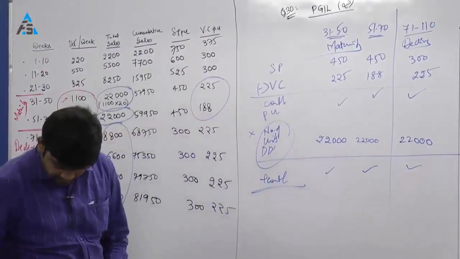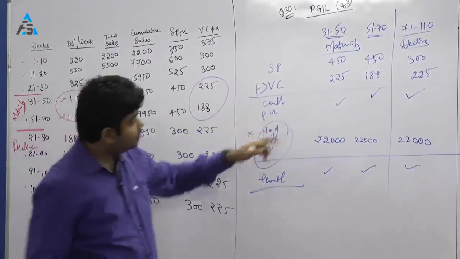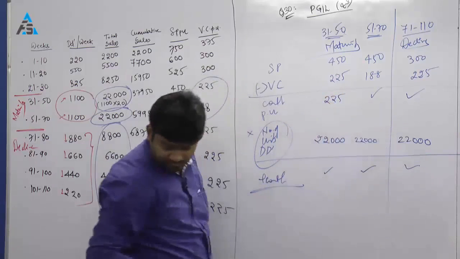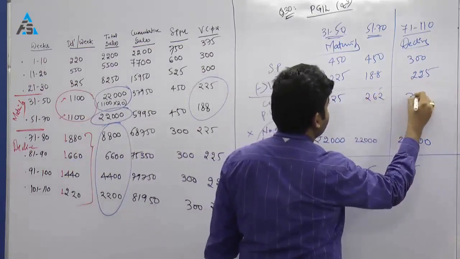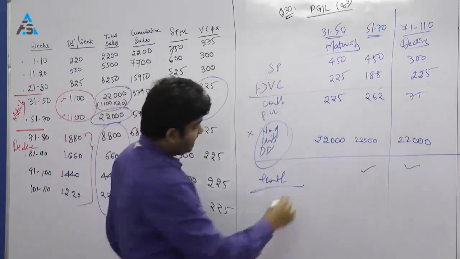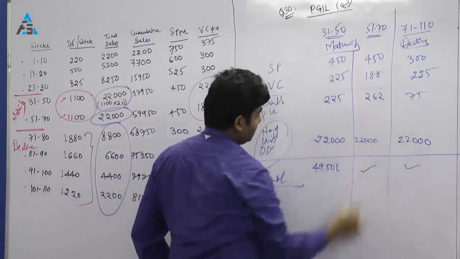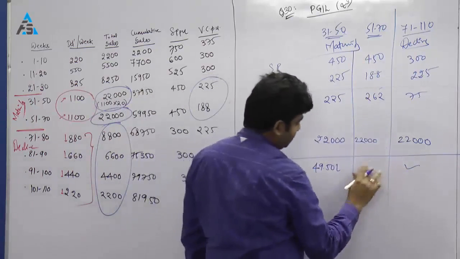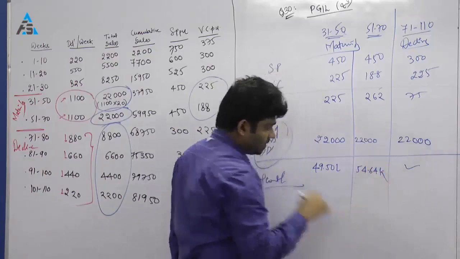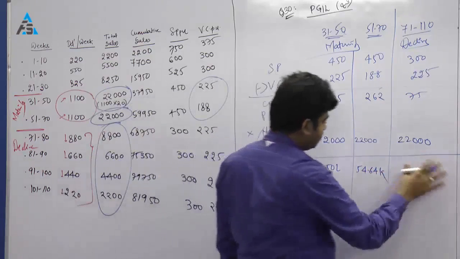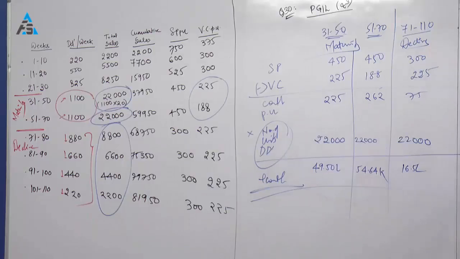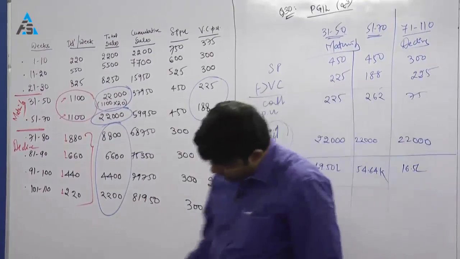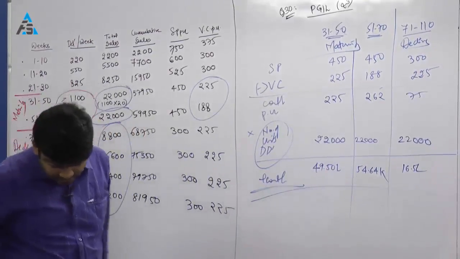So here, just in terms of numbers, this will become 225. 450 minus 188 becomes 262. And this is 75 in terms of total contribution, 49,50,000. Then there is 57,64,000. And finally it is 16,50,000. So 16.5 lakh, 16,50,000. So this is how the whole structure looks like. Any questions? Right. So now continuing with the second part, which is discuss the pricing strategy of the product for